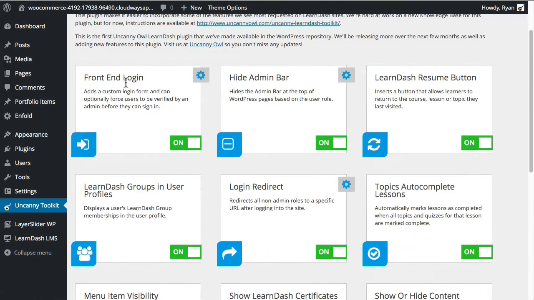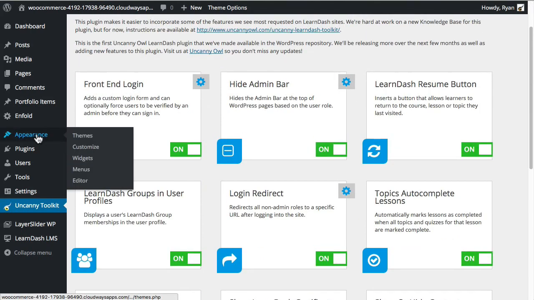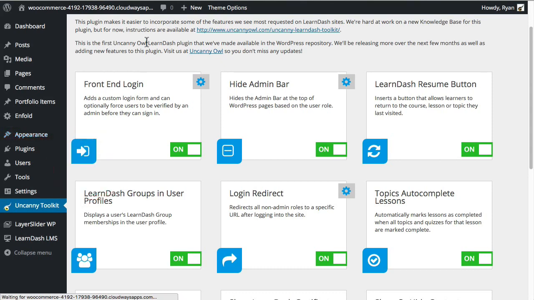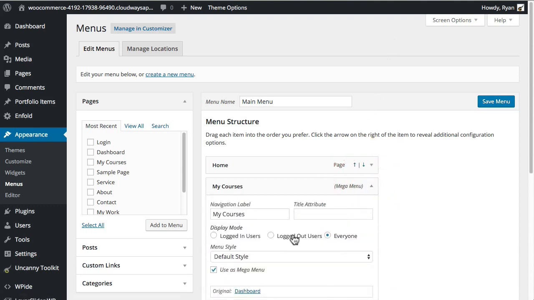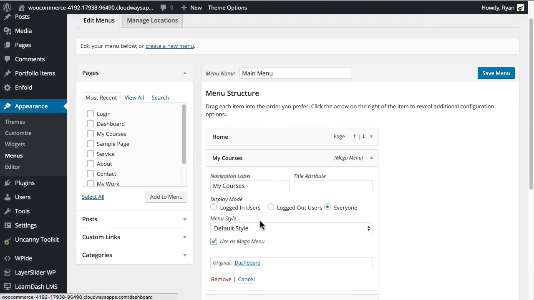Okay, so that's been turned on now. And then if I go over to Appearance and Menus, if I expand the menu entries, you can see that new options have appeared for the display mode. That means who gets to see these menu entries. So in the case of this My Courses page that links to the dashboard page that I set up,